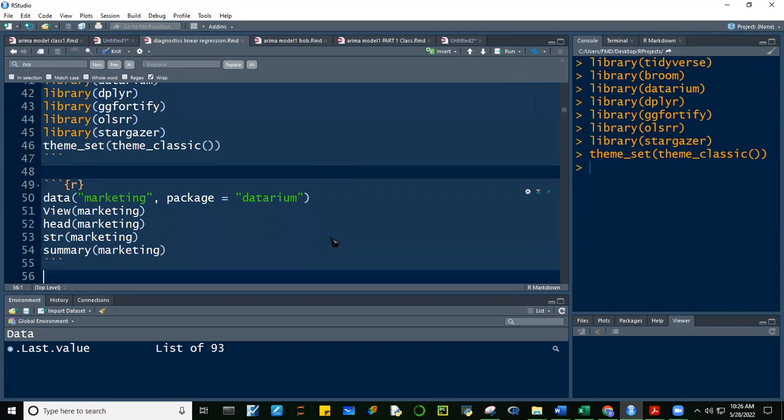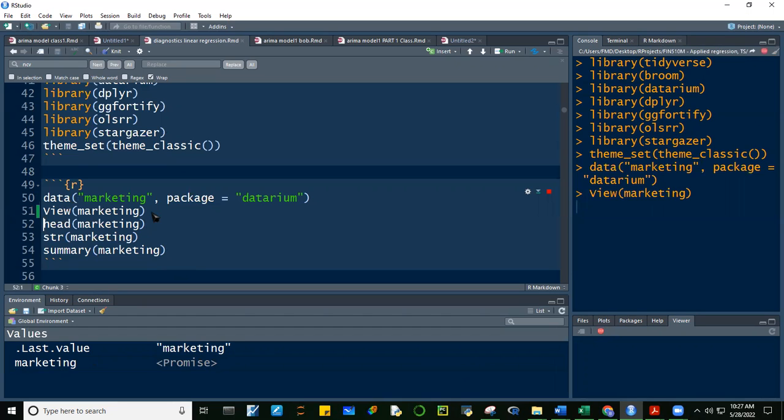All right, so gagamitin natin, guys, yung data ng marketing coming from the Datarium package. So, i-run natin to. Okay, so makikita natin dito na dapat naka-promise na dito siyan. Promise, no? And then i-view natin si marketing. So simple lang yung data na gagamitin muna natin. Just to highlight yung